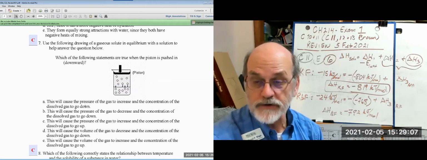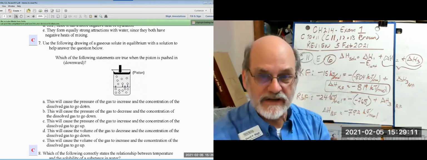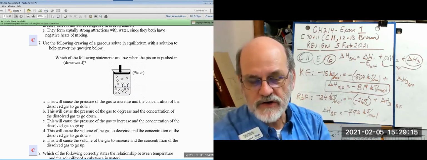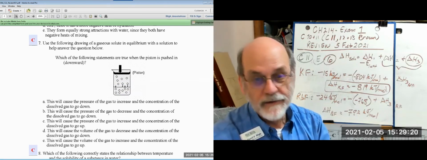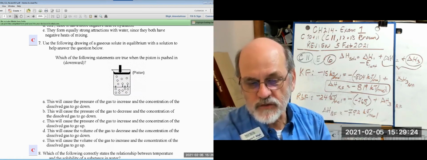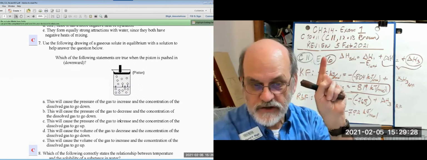No, because the concentration of the dissolved gas should increase. This will cause the pressure of the gas to decrease and the concentration to go down. A and B are both false. C says this will cause the pressure of the gas to increase, yes, and the concentration of the dissolved gas